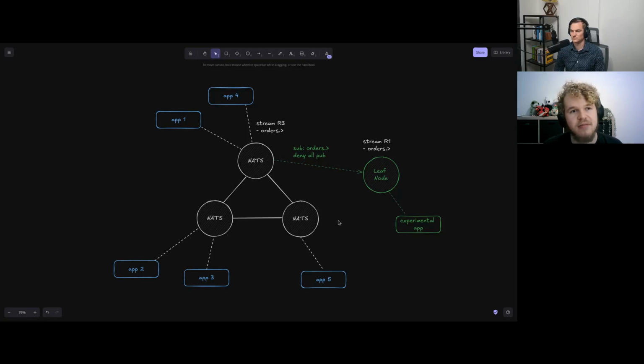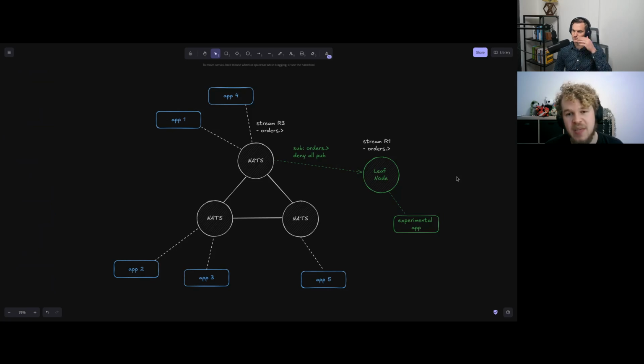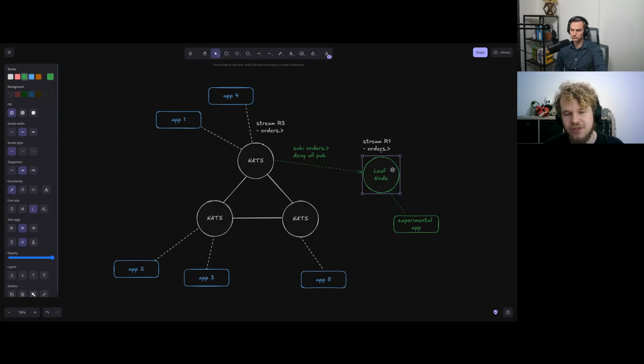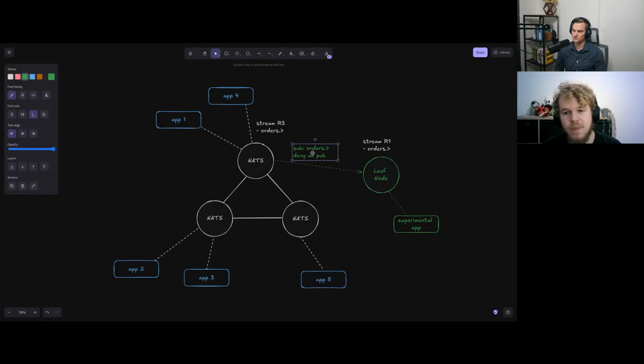So this was really a nice way of doing it while the app is still experimental and in flux, while you have not settled maybe even on the schema. You can just stop the leaf node or just recreate the stream and start up again. It's a really easy and nice way to do this. And depending on what you need, you can already easily just connect the leaf node. Then you could already do this. And if you only want this one-way communication, then you just say stop everything and deny all of the publishing.